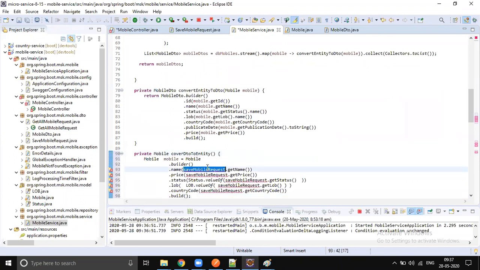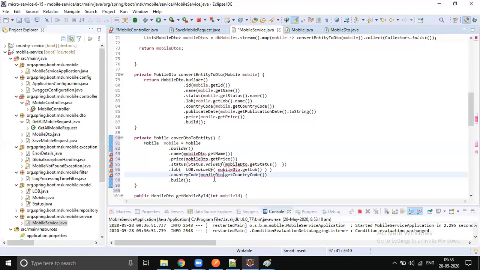So let's mark this as mobile DTO. I think that is different and this is different, I believe. Okay, let's do mobile DTO, and return this back.